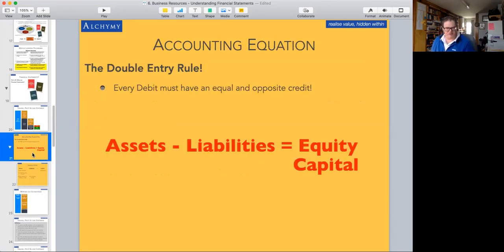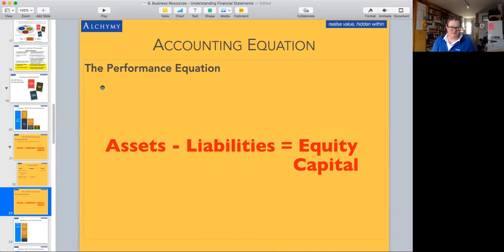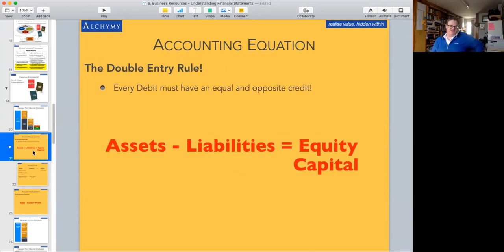The other equation is, of course, the overall equation: sales minus costs equals profit. Okay. So we talk about assets minus liabilities is equal to equity or capital. That's the accounting system, and it works on a simple rule that at the start everything